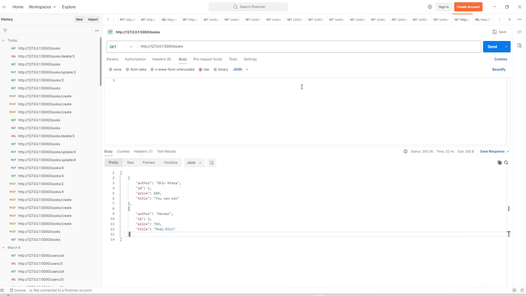So with this we are done with all our CRUD operations. We have successfully built our application with REST API using Flask and Python, and we have tested it through Postman. I hope you must have enjoyed this,